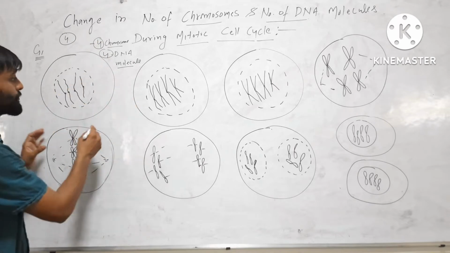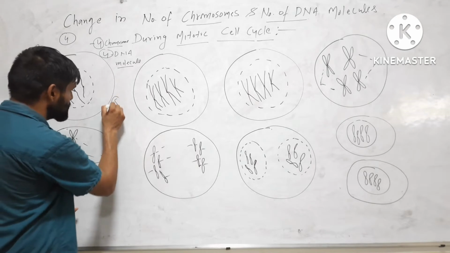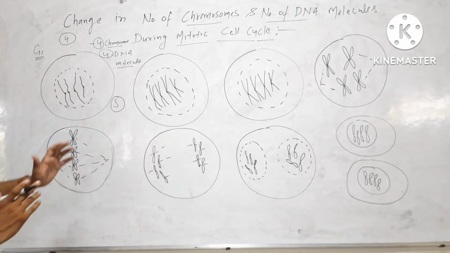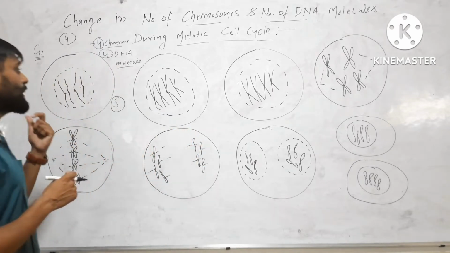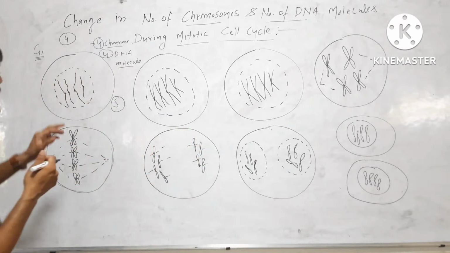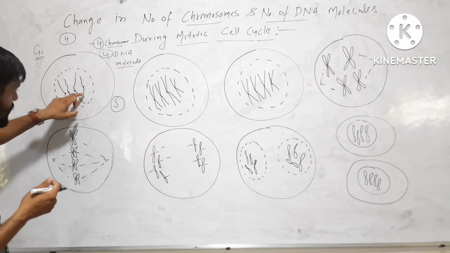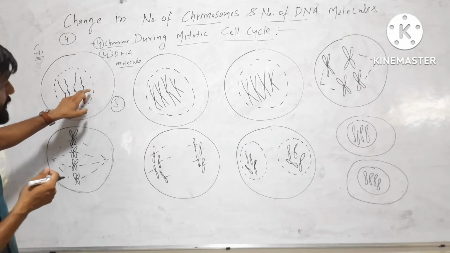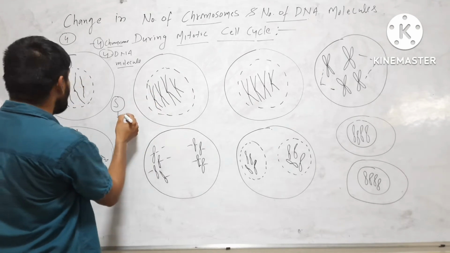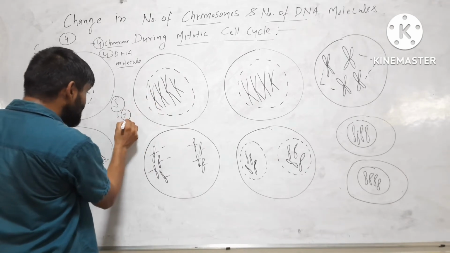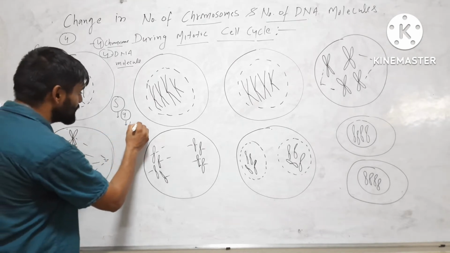That will be 4. Now coming to next phase, that is called S phase, synthesis phase. At this phase, we know that replication of DNA occurs. So if replication of DNA occurs, then this DNA will make a copy of itself. This also makes a copy, this also makes a copy, and this also makes a copy. So here chromosome number at S phase is again 4,